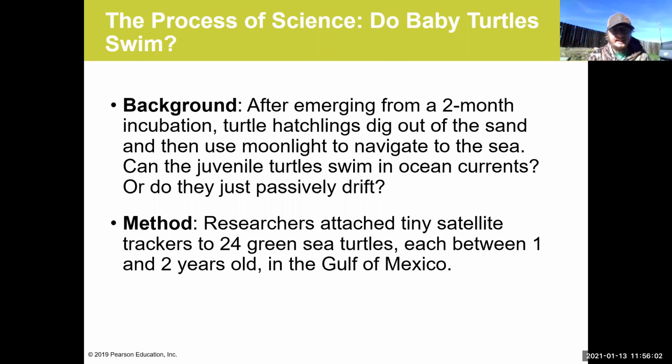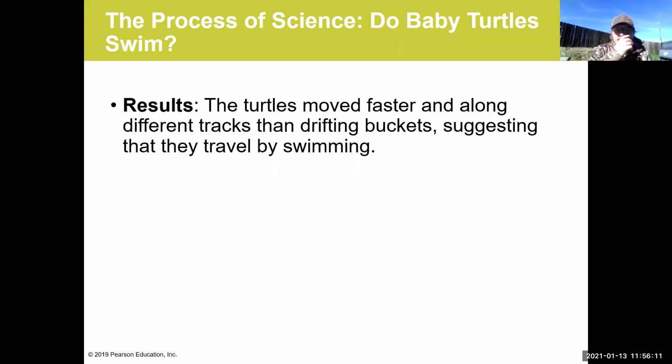And so what they did is they attached satellite trackers to 24 sea turtles, each of those between the ages of 1 and 2 years old. And what they found is that the turtles move faster and go along tracks that are different from the currents. And they figured this out because they also allowed buckets to drift. And so we know the buckets don't swim. We know they're going to follow the currents. So by controlling